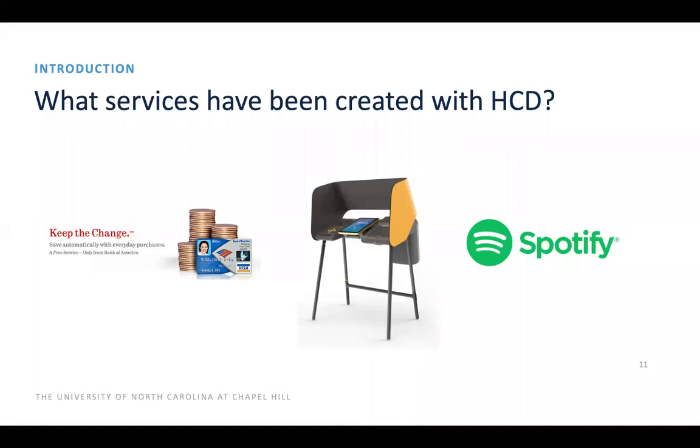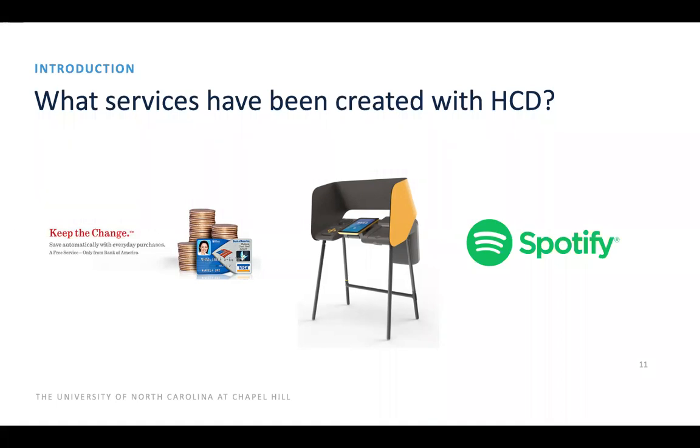With regards to Bank of America, it's a large bank here in the US based in Charlotte, North Carolina. Their execs realized years ago that many of their customers came into the bank to open accounts because they really wanted to start saving money. However, when the bank actually looked at the behaviors of their customers, they realized that their customers weren't really being very proactive with regards to saving money. And so after going through a couple rounds of human-centered design research, they developed the Keep the Change program,